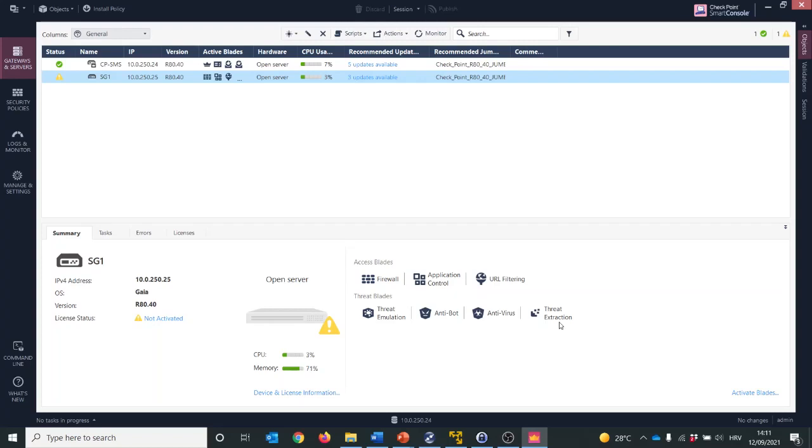So the threat extraction actually extracts or removes the potentially malicious content, such as the macro scripts from the Microsoft Office files, etc. Or you can set it to convert the file to PDF and send it to the end user. And the end user will be able to use a link provided in an email to get to the original file. So this way we are effectively preventing these patient zero situations, because the end users initially,